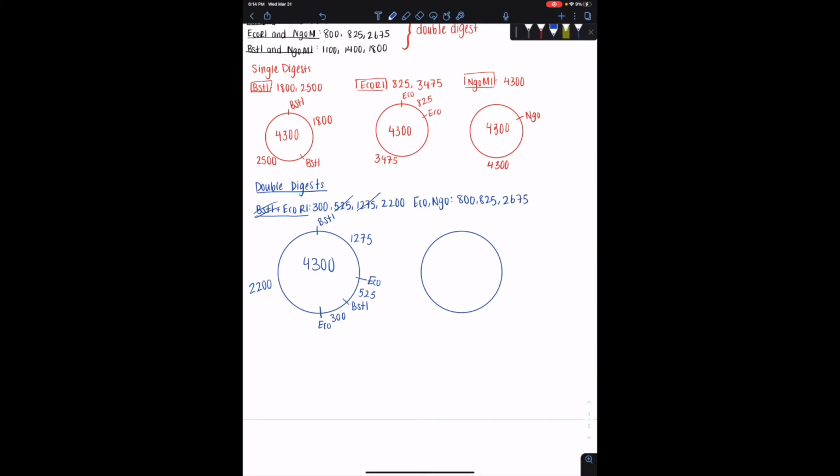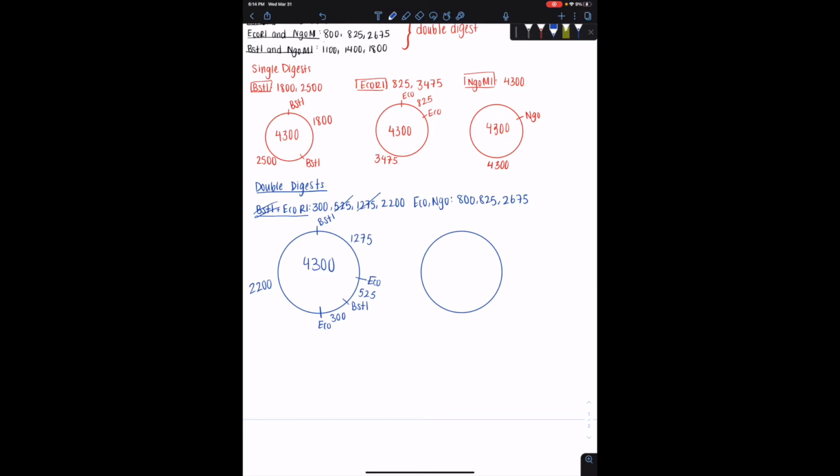Okay, so let's use the single digest with the most cuts. As we could see, engo only had one cut, so that's not going to be as useful to us as eco, which has 2 cuts. And also, as you could see, this 825 is also right here. So we could draw this again over here